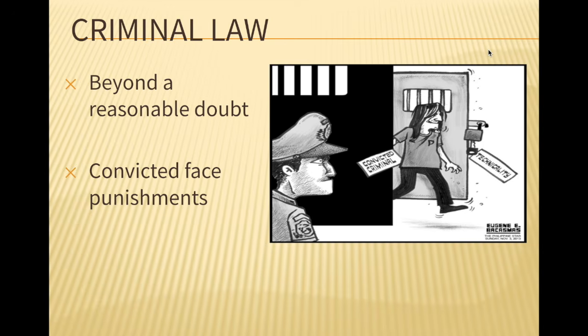So if you have someone on trial and someone testifies that they have an alibi for the defendant, they may have been at this location, that might be enough reasonable doubt that it wasn't them that committed the crime. So your job as a prosecutor is to try and prove that no one else could have committed this crime. And your job as a defendant is to prove that there is some sort of doubt that they could have possibly not done this. And you're going to see some examples of this when we study the O.J. Simpson trial further in class.